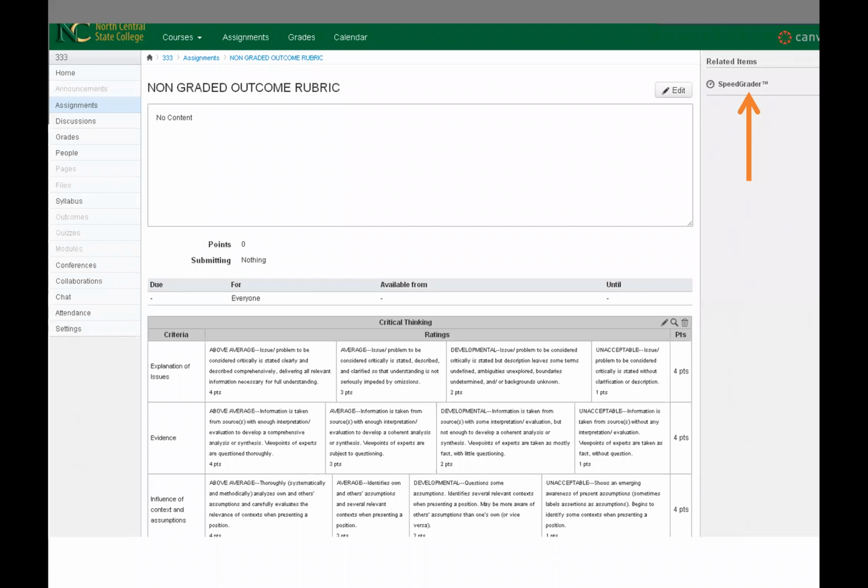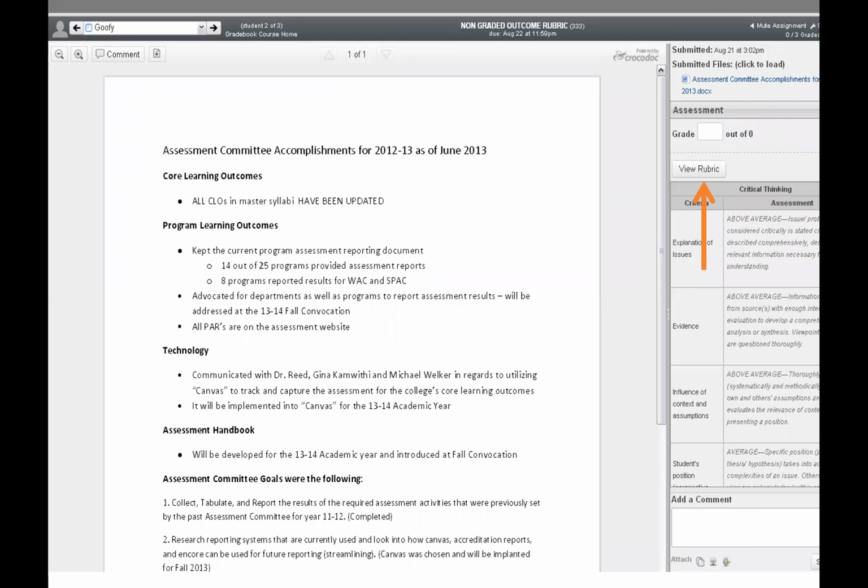Okay, you can see the rubric has now been put into your class. To begin filling out your assessment, you will go to the speed grader. As soon as you click that on, you will be delivered to another page. This is what it looks like inside of Speed Grader when you have a student digitally submit their paper to